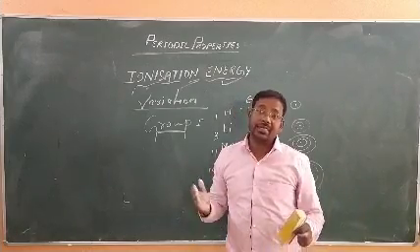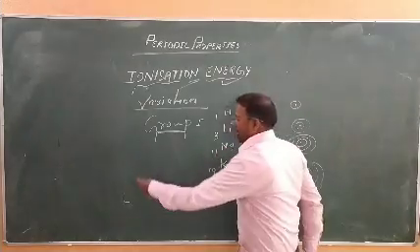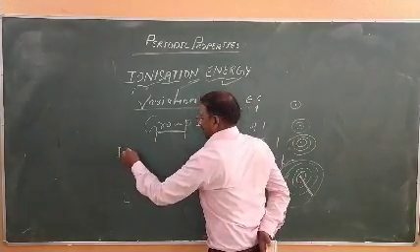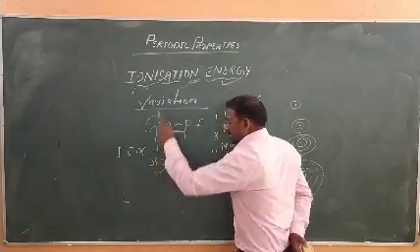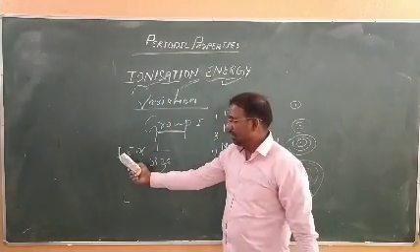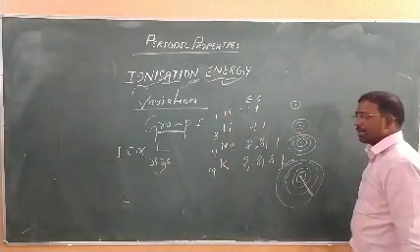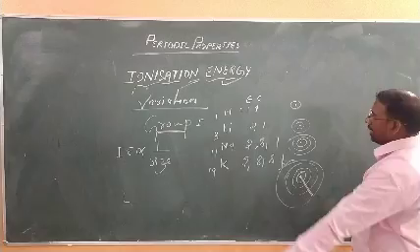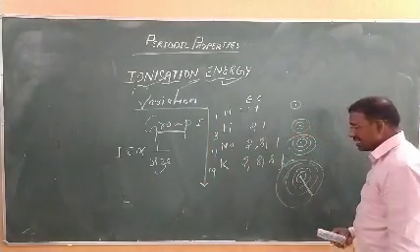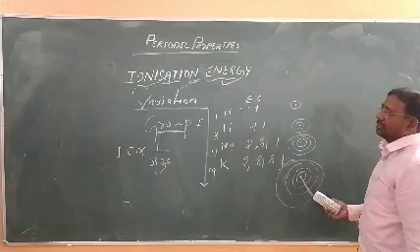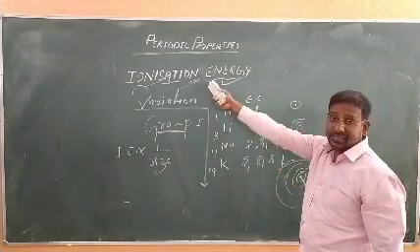Why atomic size increases, we have already discussed. We can write that ionization energy is inversely proportional to size. If size increases, this value decreases, and if size decreases, this value increases. When we move in a group from top to bottom, size increases and we require less energy, and therefore the value of ionization energy decreases.